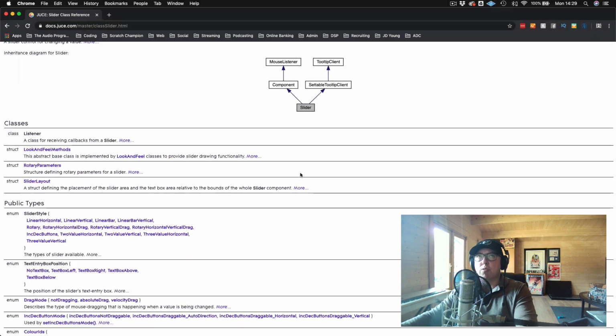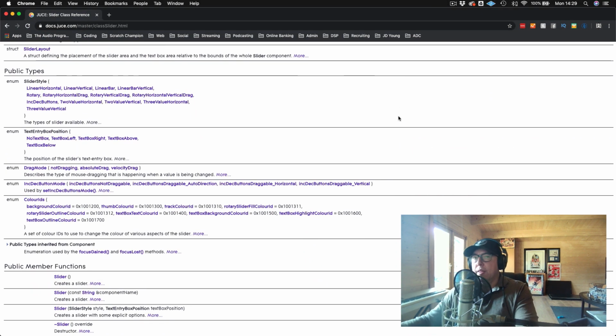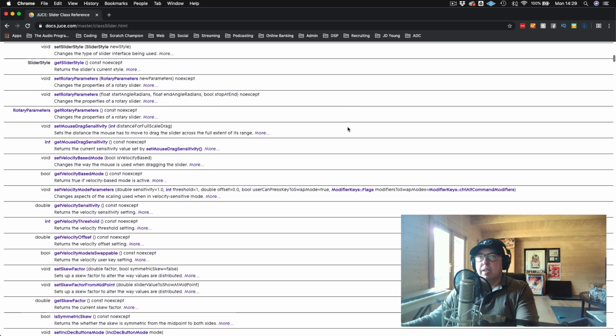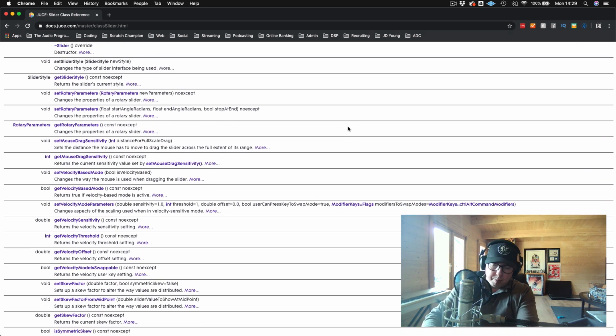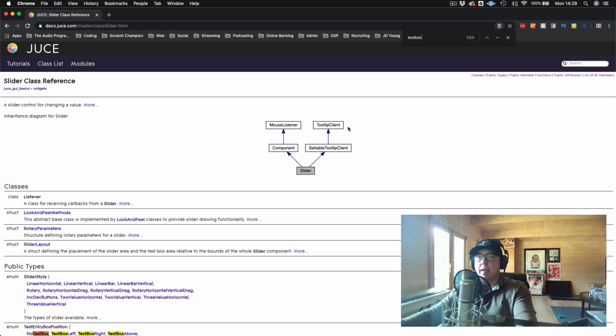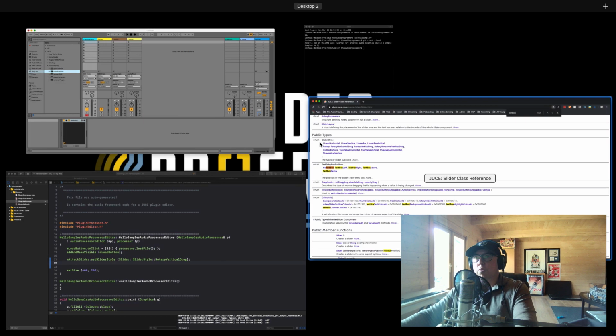When we first started the tutorial, you might have seen that we had a box below the slider that actually tells what the value is. So that can be set using the text box. So we have another enum here that's text entry box position. We could do no text box if we wanted, or we could do any of these. I like to use text box below. So we could do that